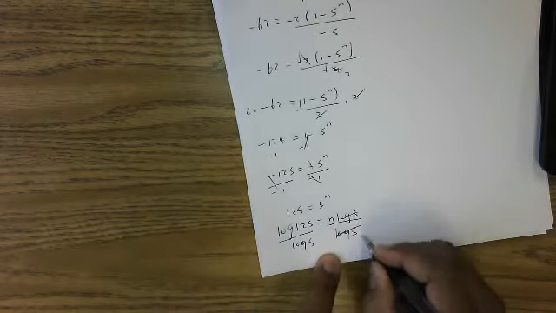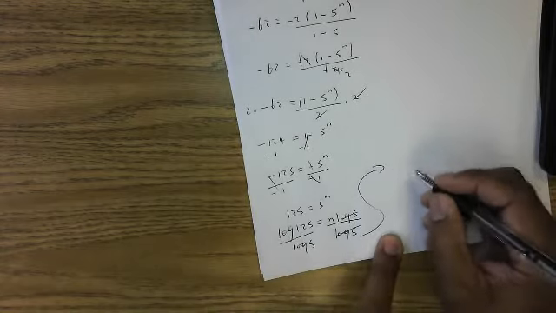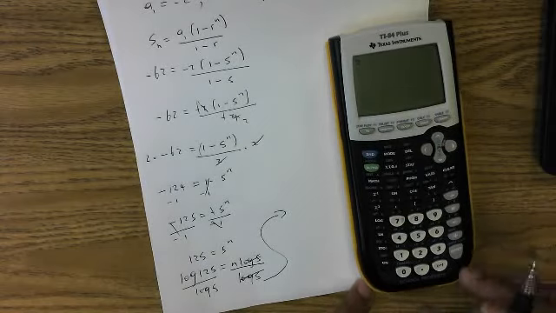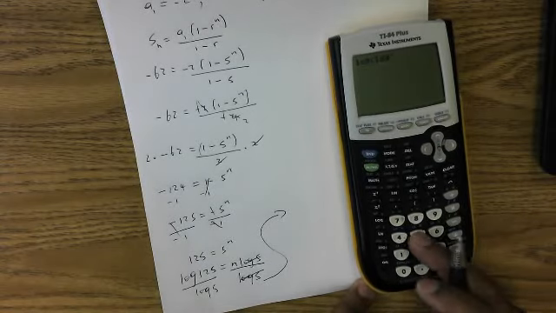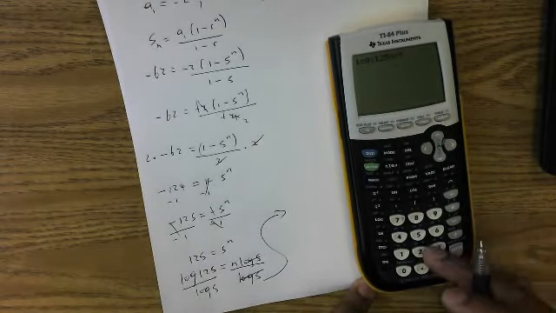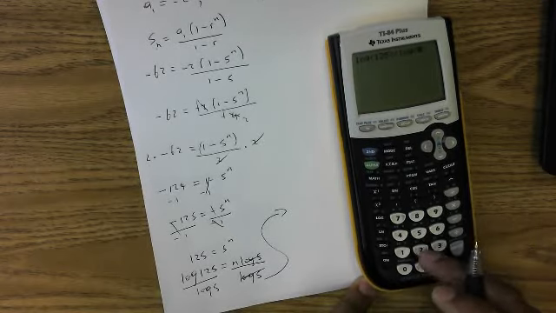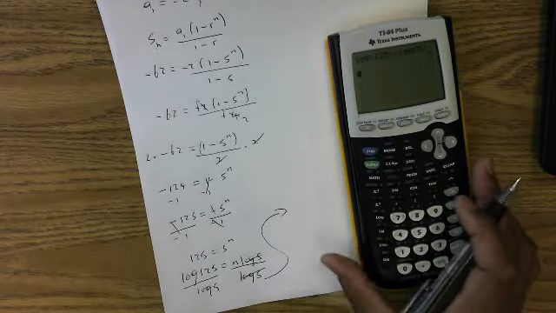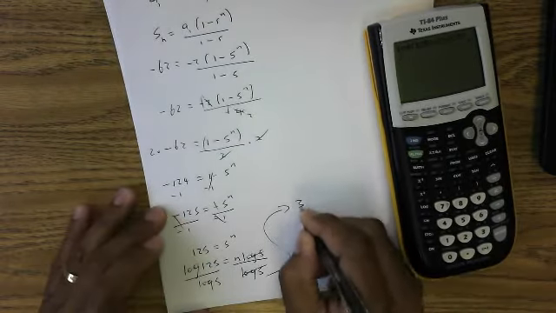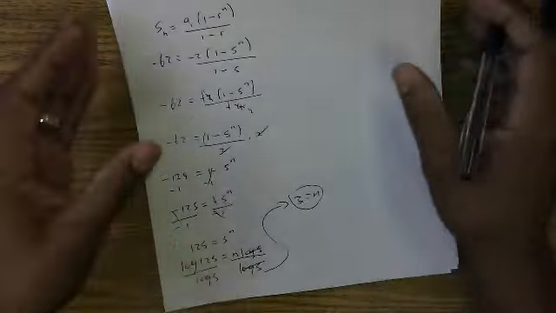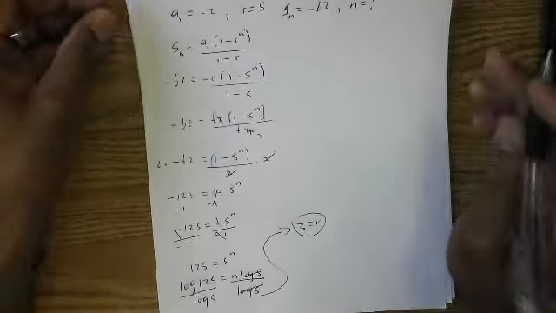Okay, so let's take it up here. So let's do this thing now. That looks like 3, but let's try it out. Log 125 divided by log 5. Yes, and that is 3. So 3 equals n. Okay, there are several other questions we could go through, but for the benefit of time,